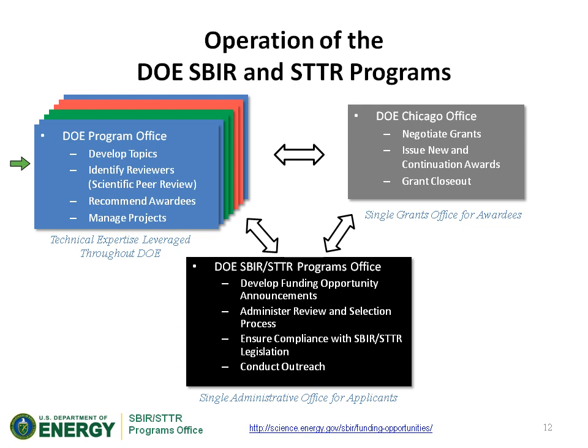If you do receive an award, on the upper right is shown our DOE Chicago office. So once you are selected, you would work with them to actually finalize the negotiation of your grant. They would actually issue the award and do the grant closeout at the end of your award. I think I'll emphasize this again in the talk, but we did have some questions about the difference between DOE and some of the other programs. So we do issue SBIR and STTR awards as grants, not contracts. And so that's a fairly important difference in terms of receiving your funding, especially trying to get it in a timely fashion.